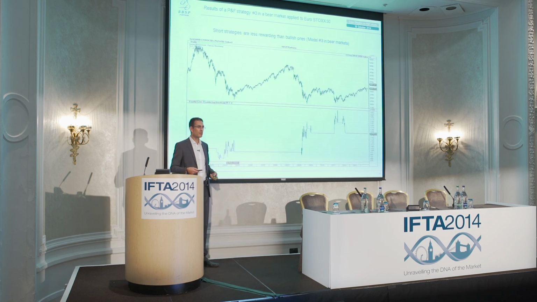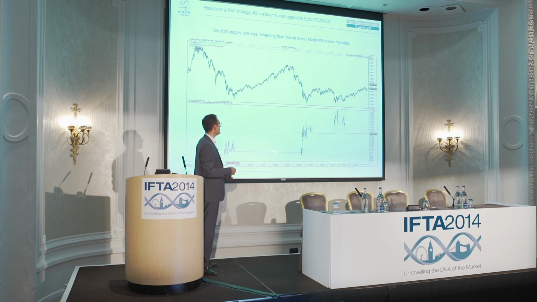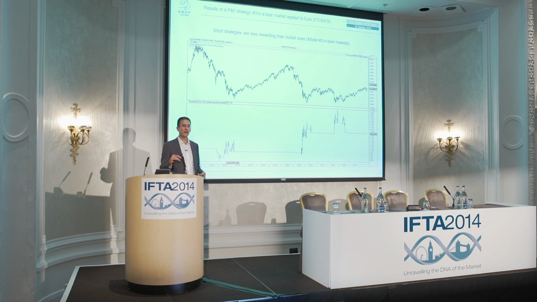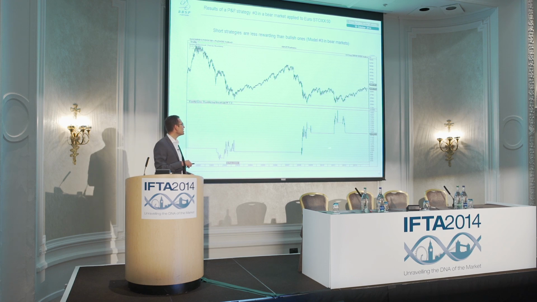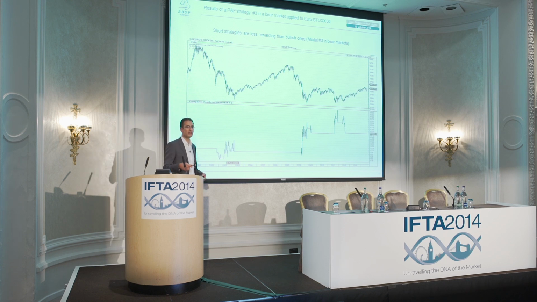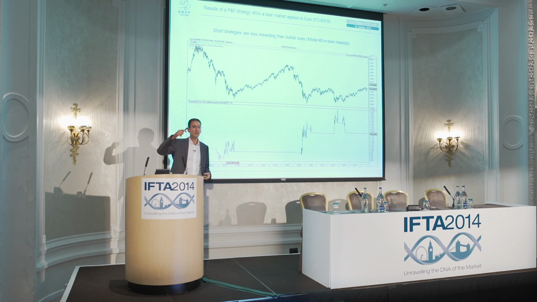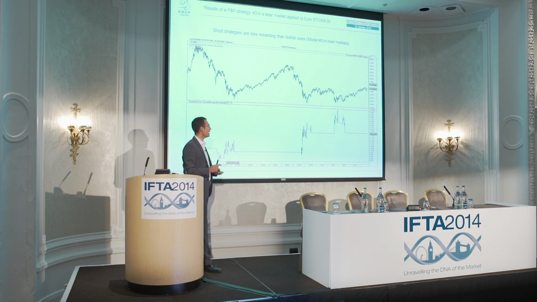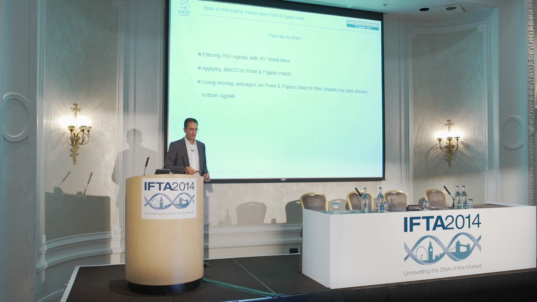So I tried once again to backtest a short strategy, taking the reverse conditions. In a downtrend, I tried to go short on the double bottom breakdown, buying back my short on the double top breakout. As you can see, I'm making performance, but it's a bit disappointing because sometimes I'm losing all my performance during the squeeze. This is the famous squeeze I told you about, because at the end of a downtrend you always have very strong, very wide columns, and you are losing a lot of performance. So I prefer to use it for long-only strategies.